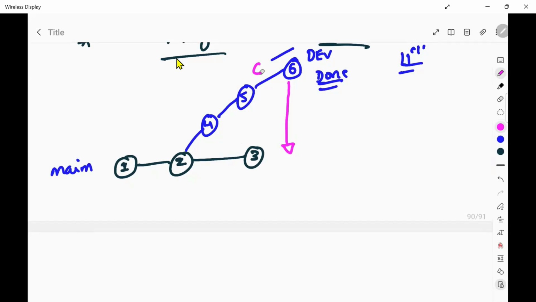Correct? So, for combining these things, we have two commands. One is merge and another one is rebase. What is the difference? Let me tell you. Whenever we use merge, what it will do is